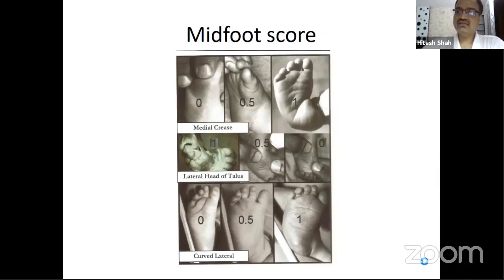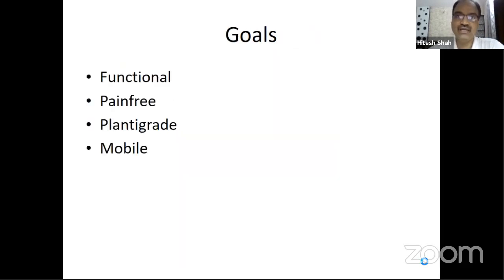Everybody knows the forefoot deformity should be corrected first. When we decide about the tenotomy, the forefoot or midfoot score should be 0 or 0.5 before contemplating the tenotomy in Ponseti manipulation. What is the goal of treating clubfoot? It is to get a functional, pain-free, plantigrade,